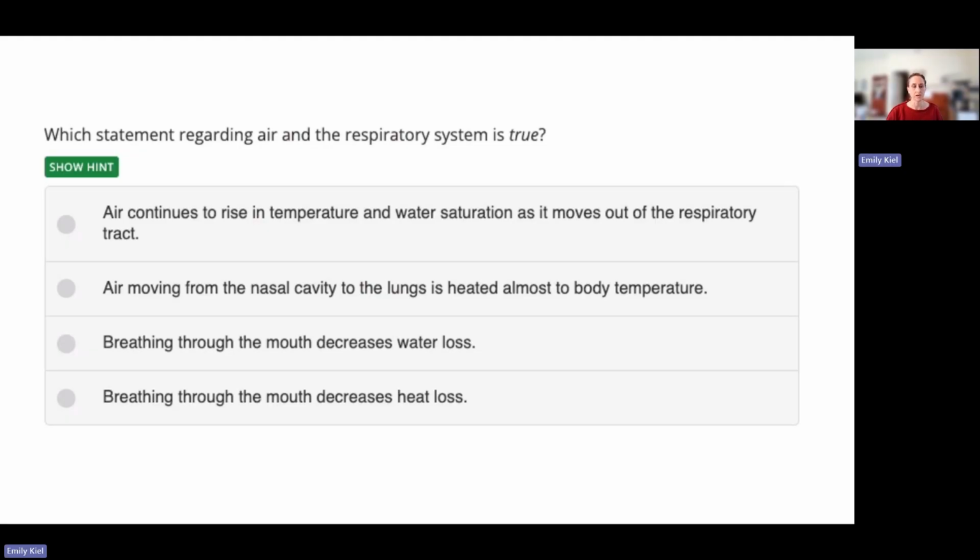So the true statement here is air moving from the nasal cavity to the lungs is heated almost to body temperature. Again, part of maintaining that homeostasis. If we breathe through the mouth, we're going to have more water and heat loss. And as air moves out of the respiratory system, it's actually going to give back some of that heat and